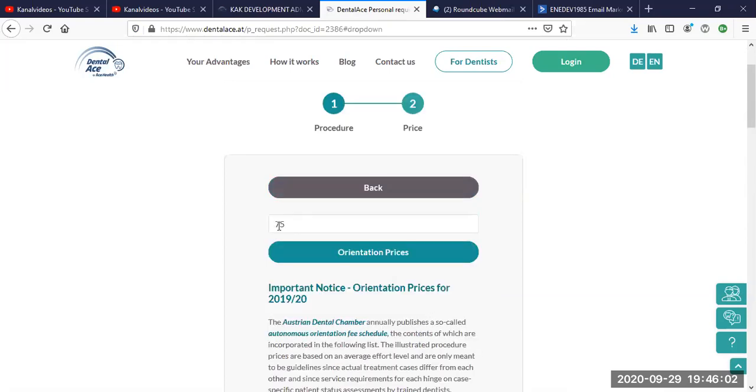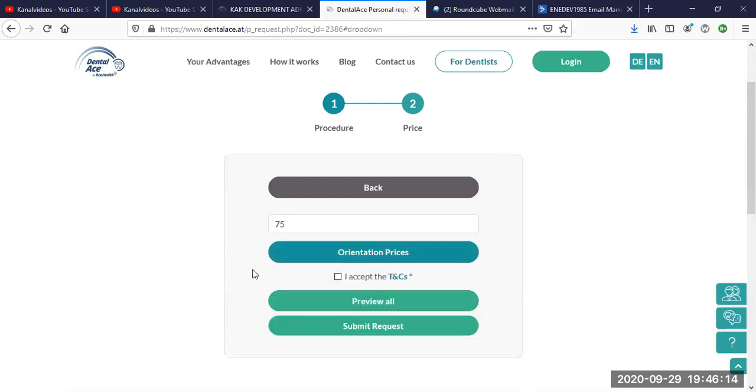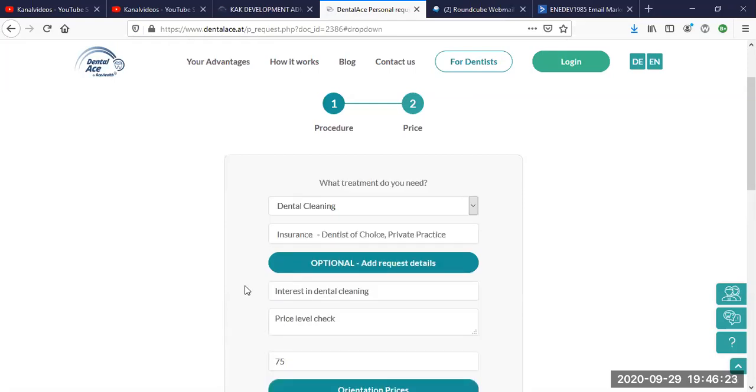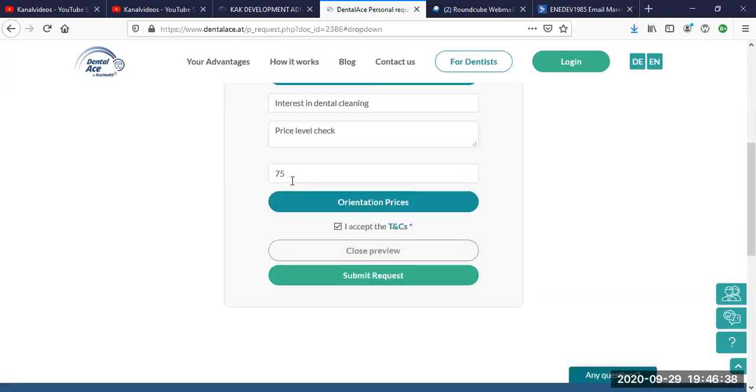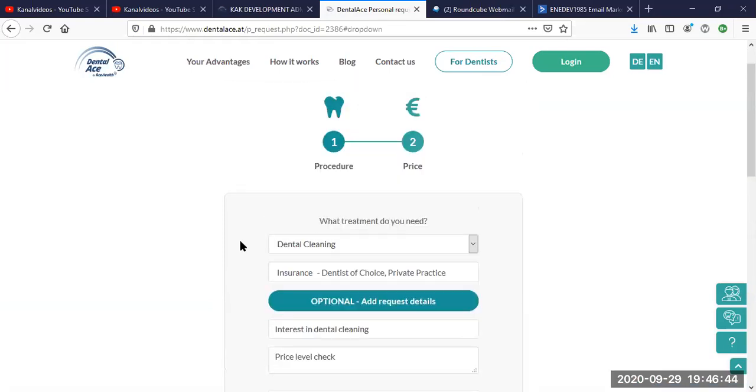Now, if I put in 91 euros, chances are that, at the average price level, I would get a pretty positive response. However, say I have a budget that is a little more limited, I can always put in 75 and ask Dr. Reinhoff whether he would be willing to perform this procedure for me on a one-off confidential basis at this price level. So I would accept the terms and conditions. I would click on preview, and here I would check all of my inputs. Procedure, insurance, again, the information that I would like to pass on to the dentist. So I'm interested in the cleaning and I want to check a price level. Obviously the price level in question itself, and then I would click on submit request,